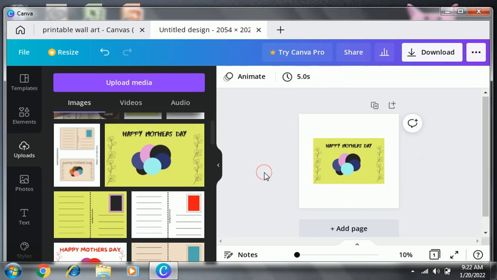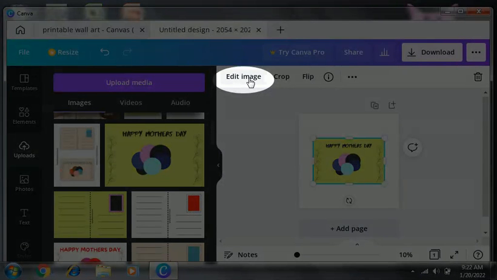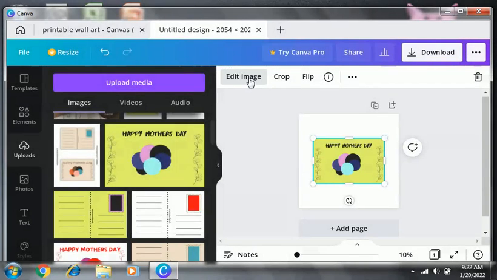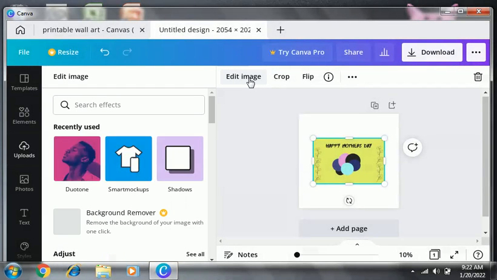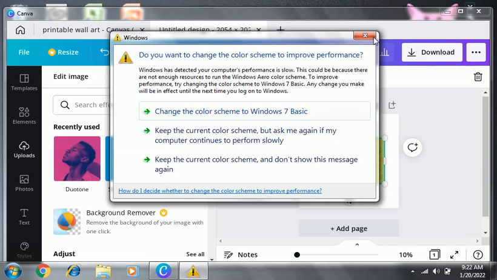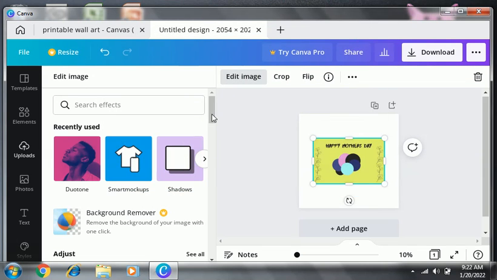So to edit my image, I'll select it. Then at the top, you see where it says edit image. So I'll click on edit image. Then all these options pop up. You can see there's an image for smart mockups, there's an image for shadows. But when I scroll down,